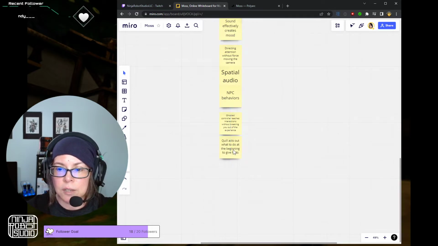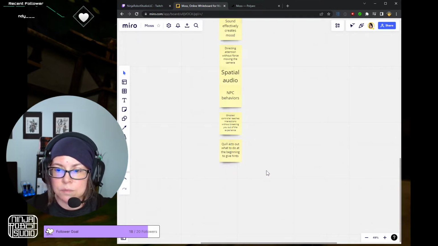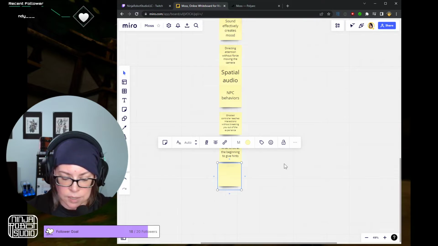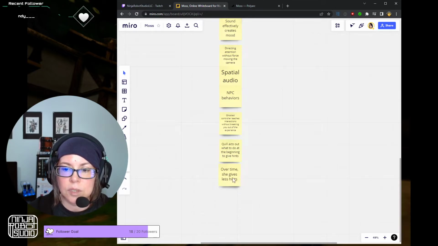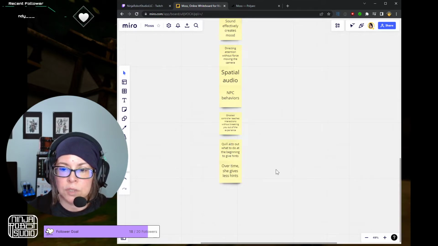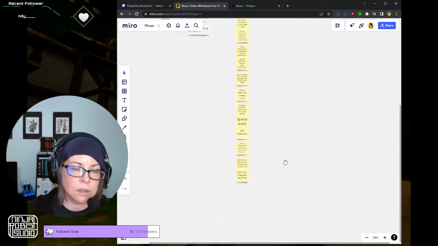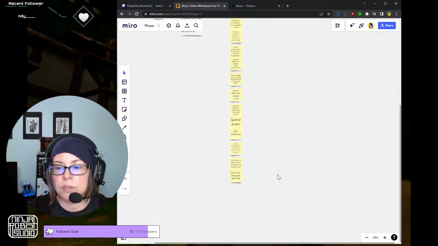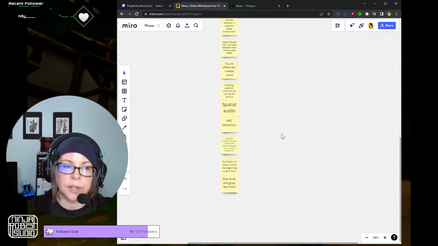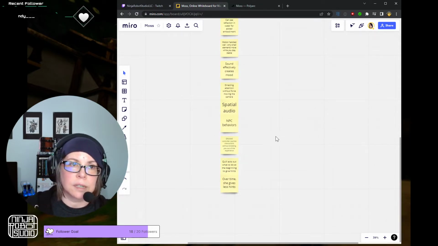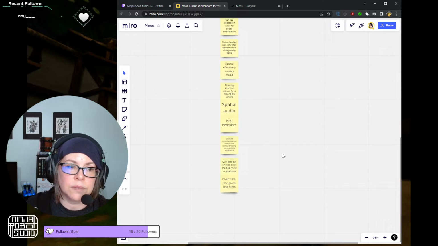But over time, and I noticed this recently when I was trying the game, she gives fewer hints. She gives you more obvious hints in the beginning, and then less and less as you progress in the game, because at that point they've decided you've learned enough to figure this out. However, at the point that I got stopped,